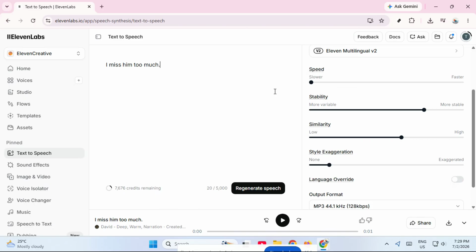ElevenLabs lets you go down to 0.7, which is a nice option if you want a noticeably slower and more deliberate voice. Take a moment to test different settings so you can find the right balance between clarity and natural delivery. If you go too slow, the voice may sound a little stretched out, so it's usually best to experiment